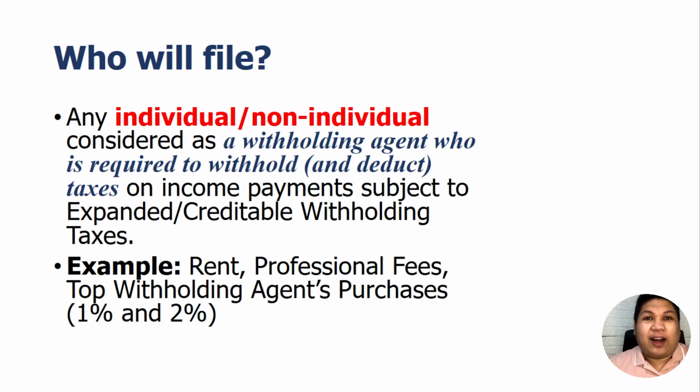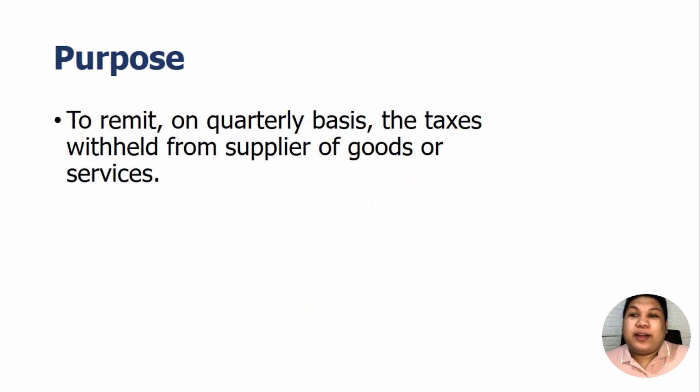Because anyway, that is not a tax imposed on your part as a taxpayer. It is not a tax on your money or your income, but it is a tax on the supplier or seller. You are just the withholding agent. Before you pay the seller, because you are the buyer, you withhold a certain rate, and that amount that you withheld must be remitted to the BIR, of course. So, the purpose of the 1601EQ is to